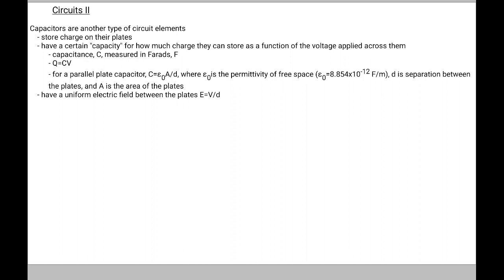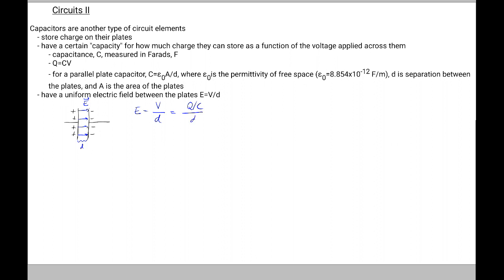Capacitors have a positive plate and a negative plate. And let's say that this is the positive plate and this is the negative plate. And we know that an electric field will be formed between these capacitor plates, and the electric field goes from the positive plate to the negative plate. And the equation for the electric field is potential difference divided by D, where D is the separation between the plates. But then if we use Q equals CV, then V is actually Q over C